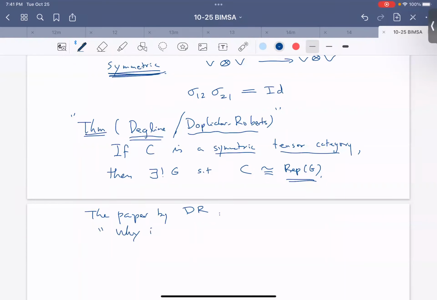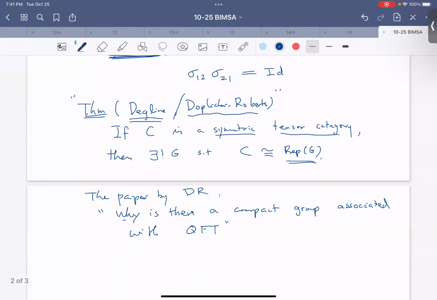The title is "Why is there a compact group associated with every quantum field theory?" Again, this is not the exact title, but in a sense, that's what's in the title. One of the papers proving such a theorem. Okay, so basically, this compact group, what's called the gauge group, comes out of some representation category, and in certain quantum